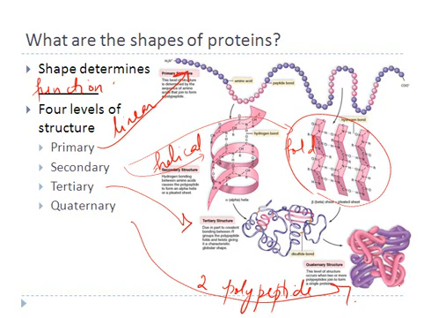Now at this stage, it is also important to know the different bonds that help form each structure. The primary bonds are usually formed because of peptide linkages. So peptide links will give you the primary bond. Secondary bonds are usually by hydrogen bonds. Remember, we did hydrogen bonds before. So hydrogen bonds will help form, you can see over here all these hydrogen bonds are forming, and these will give you the secondary structure.